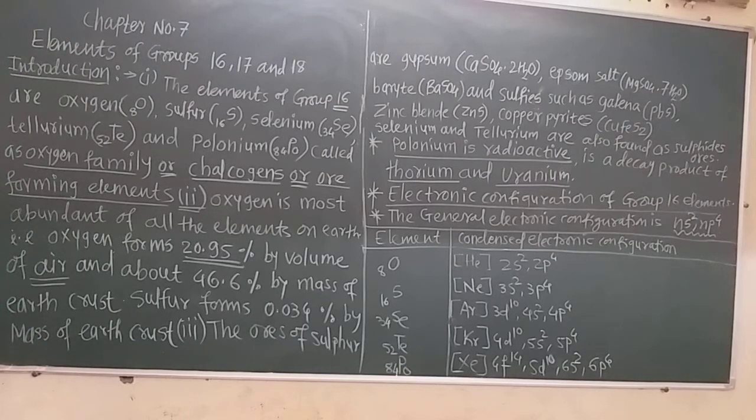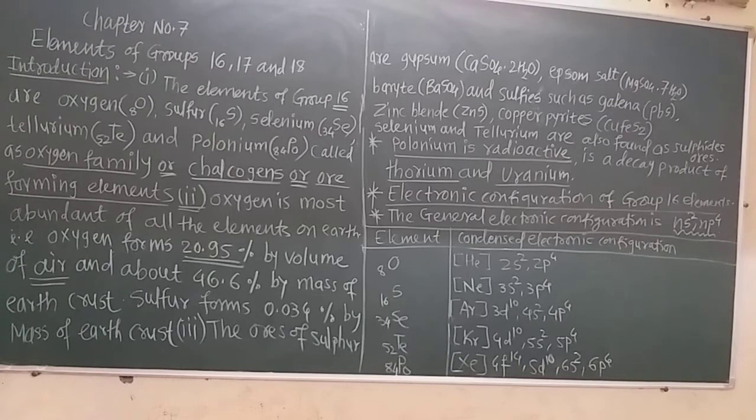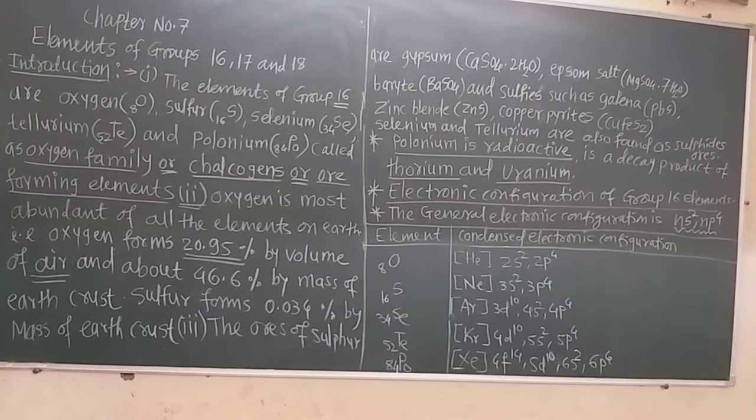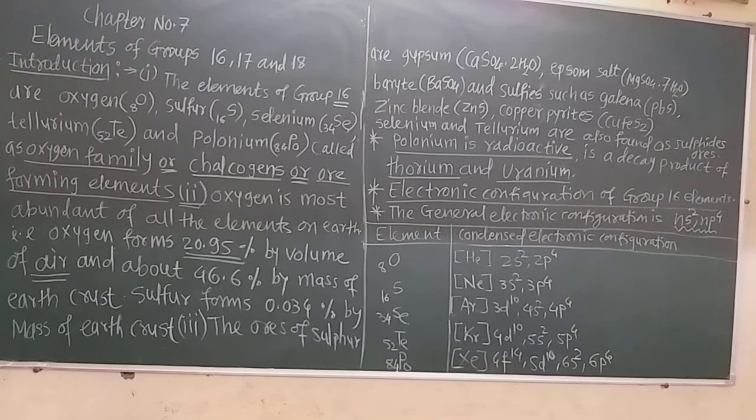But this polonium is the decay or disintegration product which was discovered by Marie Curie, the lady scientist, lady chemist, who devoted her life to the discovery of radioactivity and the different properties of the radioactive elements. She discovered polonium, and so she got the Nobel Prize for that. Polonium, the last element, is the decay product of uranium and thorium.